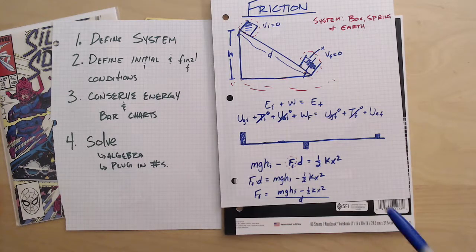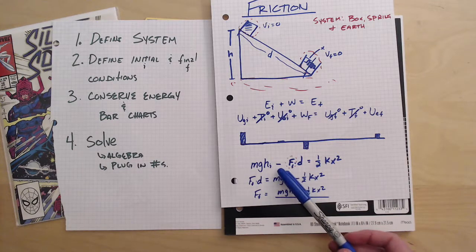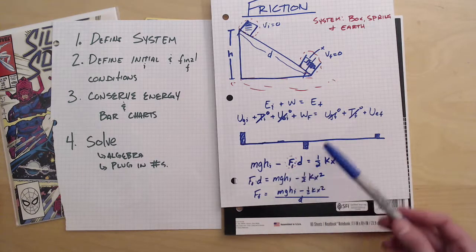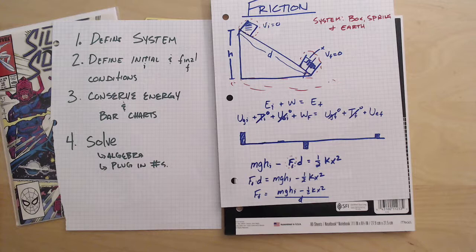The key thing to remember here is that friction is taking away energy from the system as the box slides down the incline. And therefore, our bar chart needs to be in the negative direction. And then when we set up our equation here, we of course subtracted the force of friction times distance. Remember, force times distance is the equation for work. And then we can solve for various things, whatever